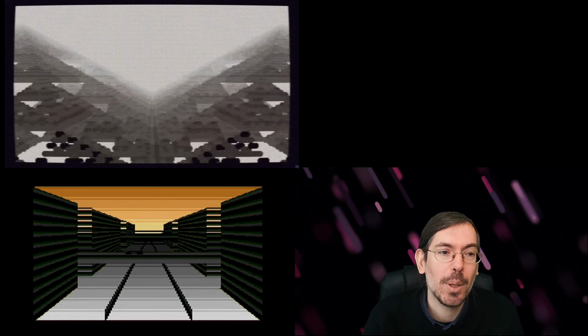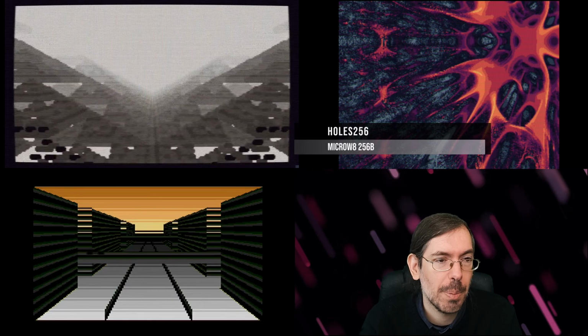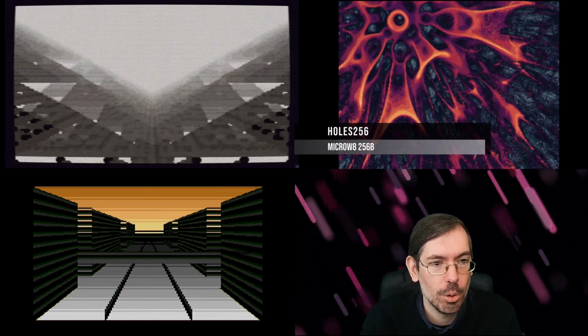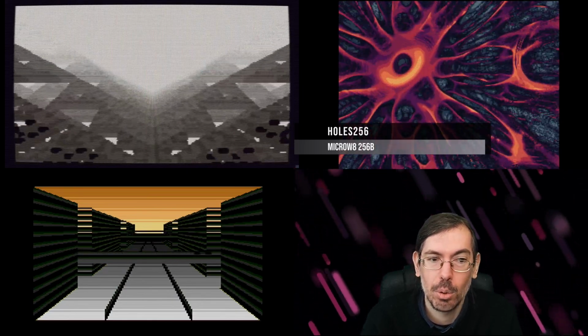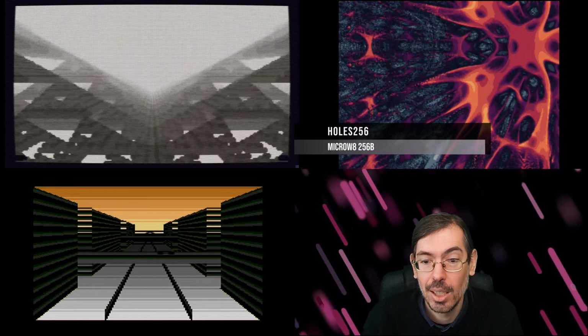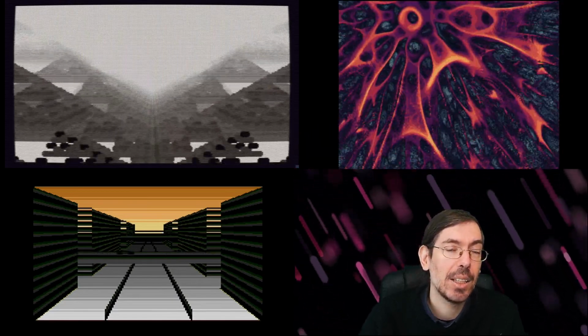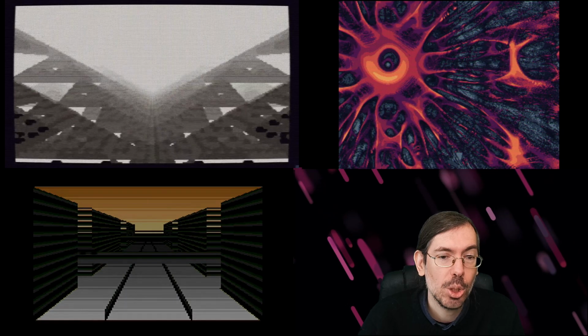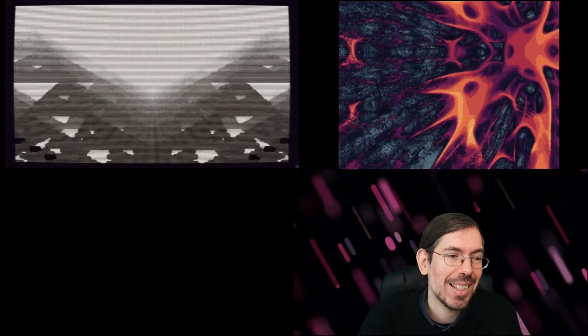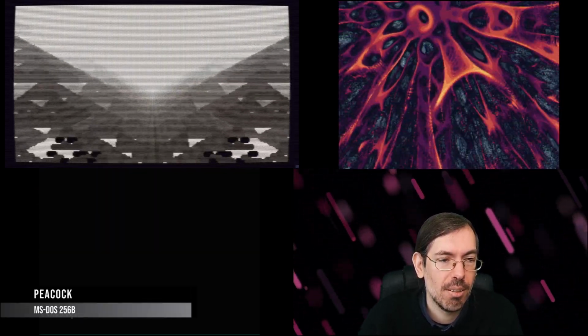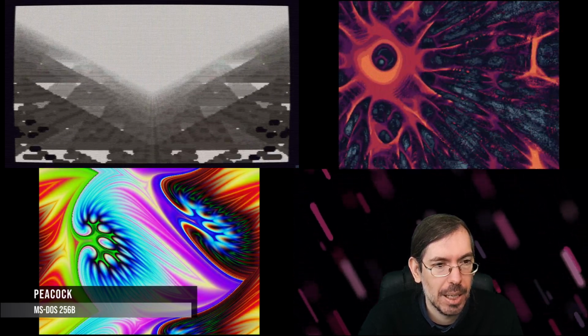And in first place we had Holes 256 bytes by D-Art, which also featured the very interesting Micro W8 release. Then we had a high-end 256-byte intro competition, which was won by Gene X with Peacock, this fractal plasma thing